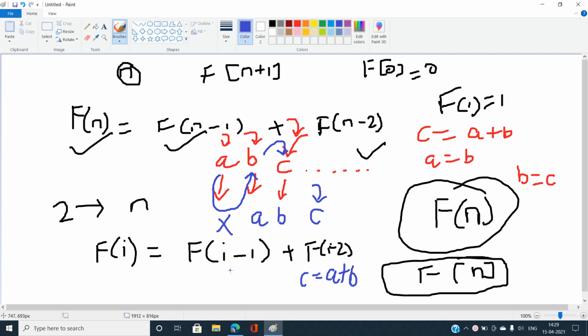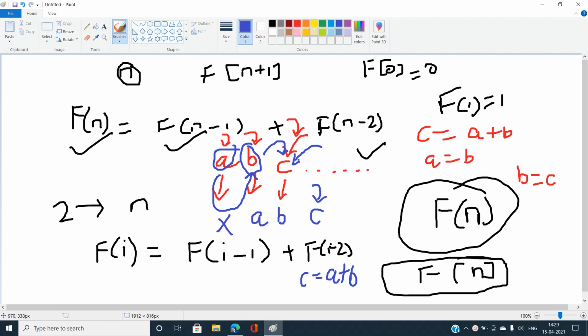So I'm just modifying the previous two terms, you can say A and B, such that we can easily perform the operation C equals A plus B for the next Fibonacci number. This is basically a space optimized approach. Rather than maintaining an entire array of size n plus 1, we can easily use three variables to find the nth Fibonacci number with this method. So this was almost the third approach.